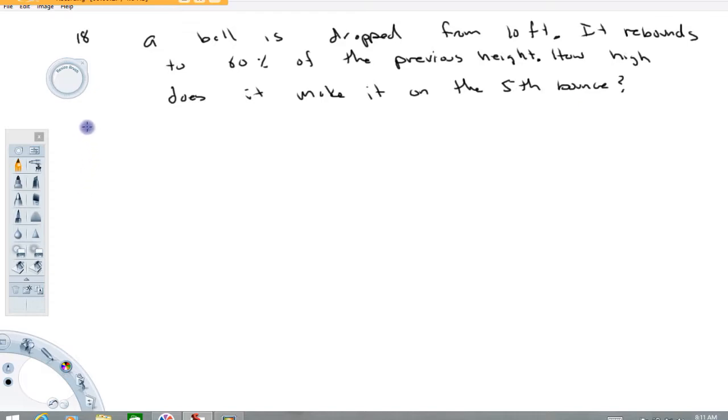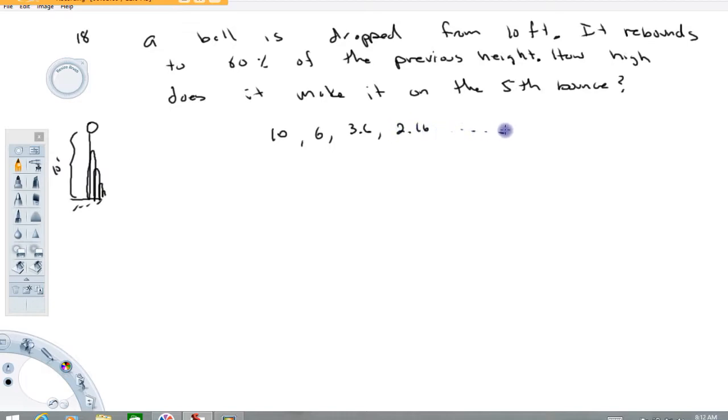So the idea here, physics people, we love our pictures, is a ball starts here, starting at 10 feet, and then it does this, boing, and makes it up to 60% of its previous height. Boing, 60%, boing, 60%, and so forth. So if I were to write some values representing the height, the first one is 10. The next one is going to be 60% of that. The next one is going to be 60% of that. The next one, I'm going to use a calculator here, is going to be 60% of that,